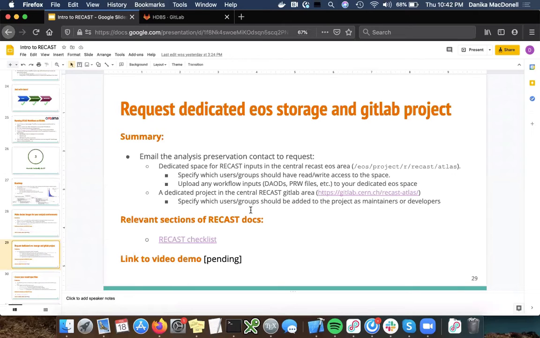In this second step of preparing our recast framework, we're going to request dedicated storage space for our recast workflow inputs on EOS, and also request a dedicated GitLab project in the central recast GitLab area to store our recast workflow specs. So to do that, we just have to email the analysis preservation contact and request this dedicated storage